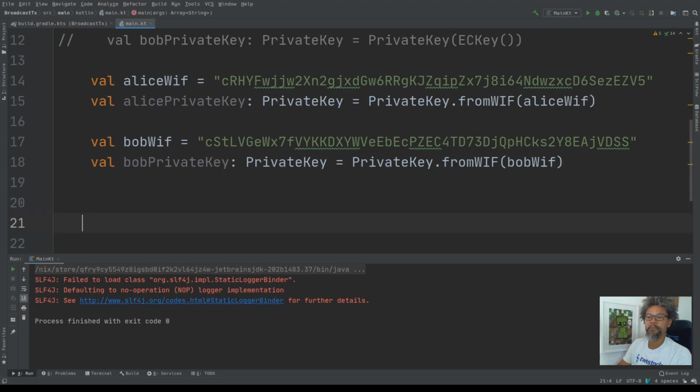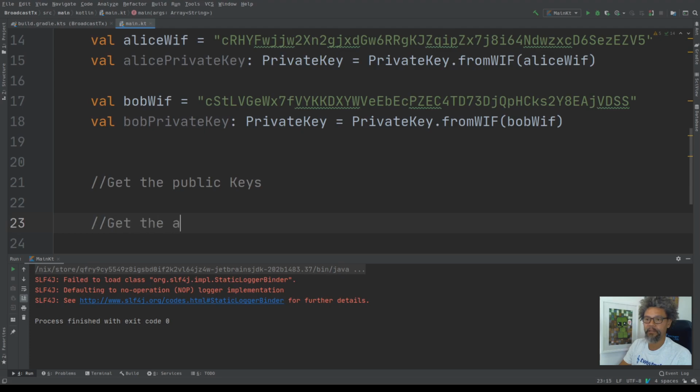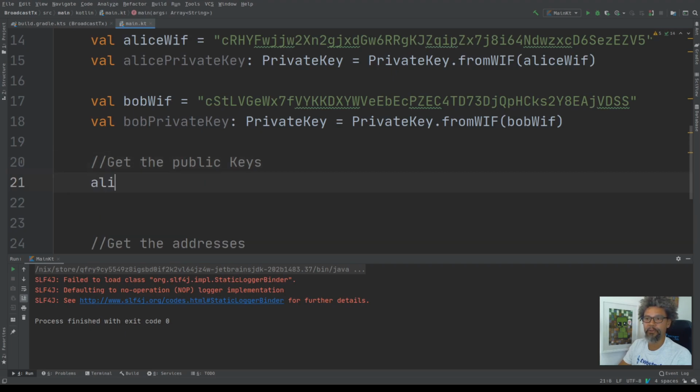Okay, so private keys are generated. We need to get public keys and then addresses from that. That's the first step. So get the public keys, get the addresses. Public keys are a little bit simpler. I can just go val ls pub becomes bob private dot get public key. Now for the public key generation here,